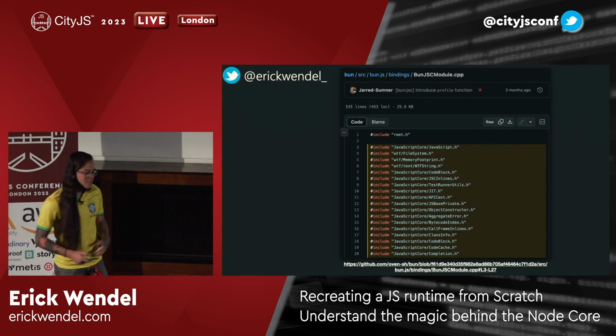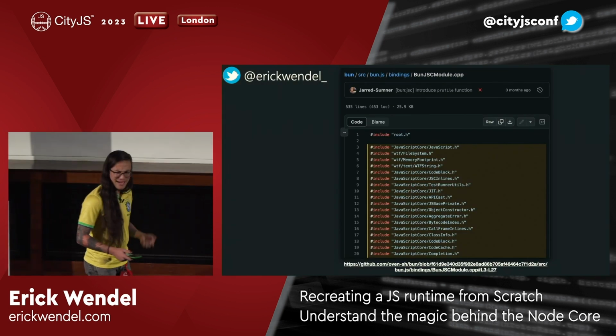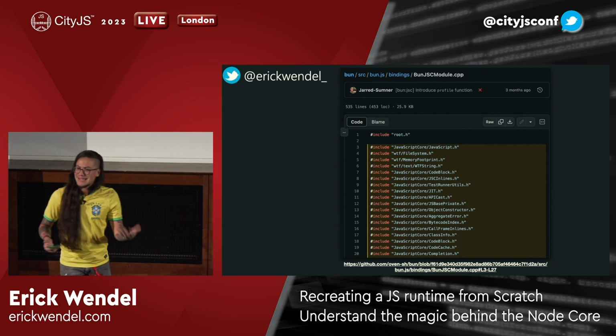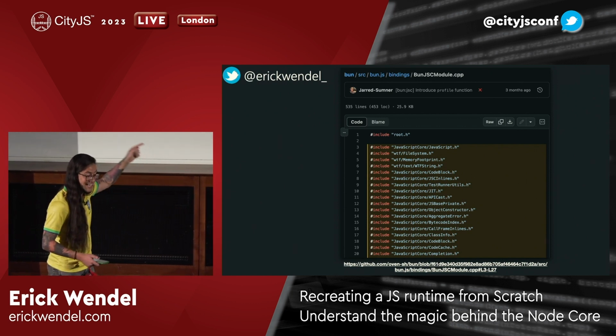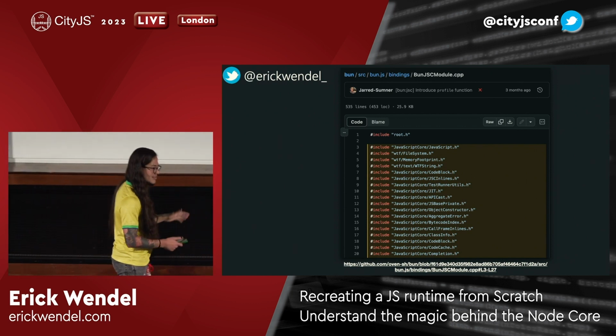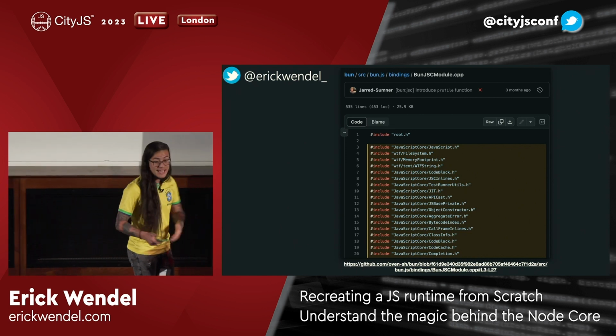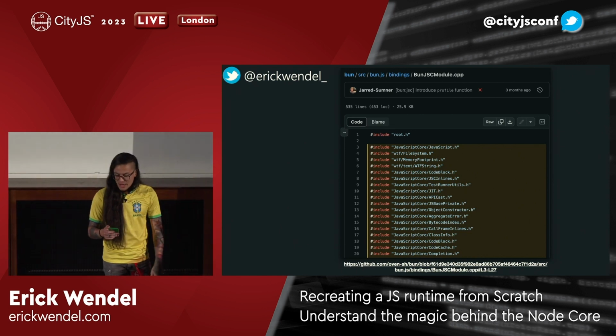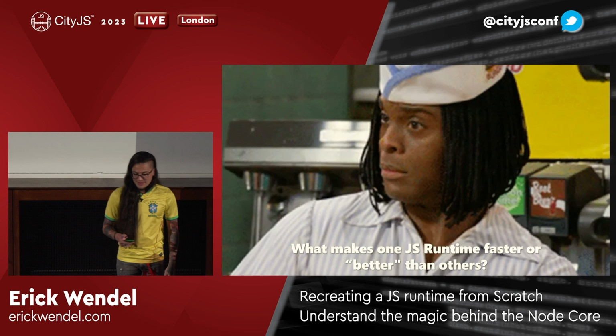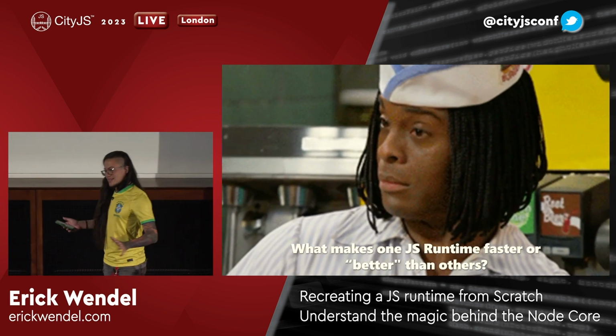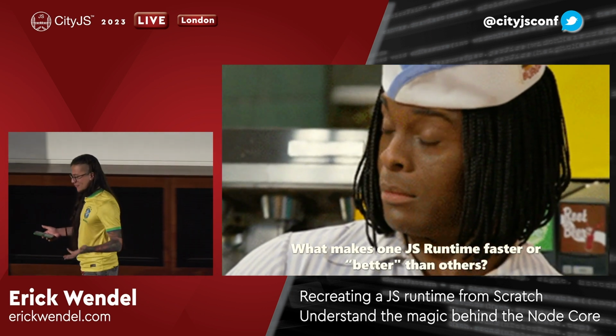All right, what about Bun? Well, in Bun, they follow the exact same idea, but I think they are a bit more mad scientists, right? Because they're using JavaScript core, which the docs is really crazy to see, and they are using Zig, which is the programming language behind this.